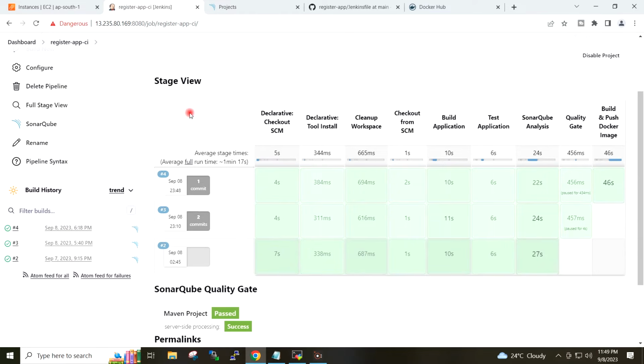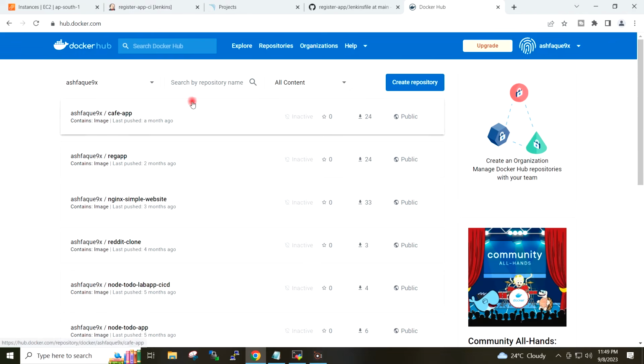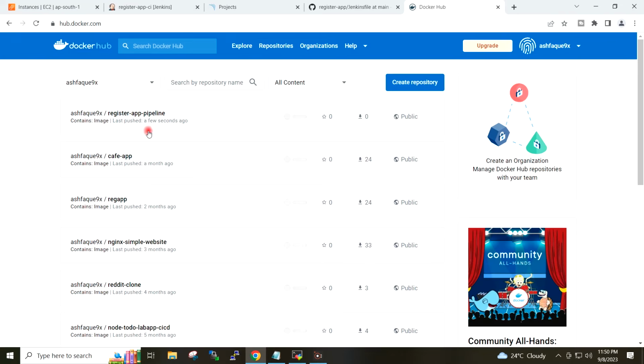Okay, so job completed. If I go to Docker Hub and do the refresh here, so you can see the image has been pushed here a few seconds ago.